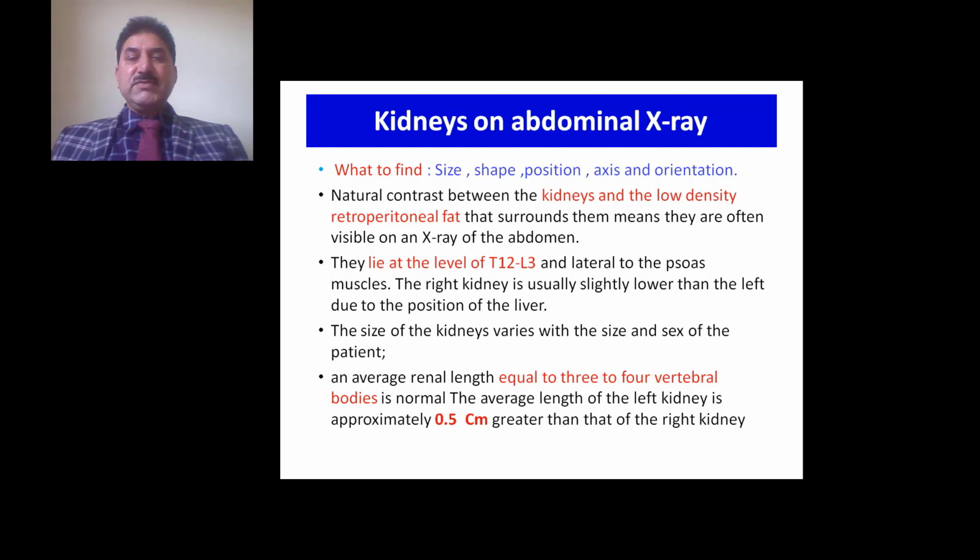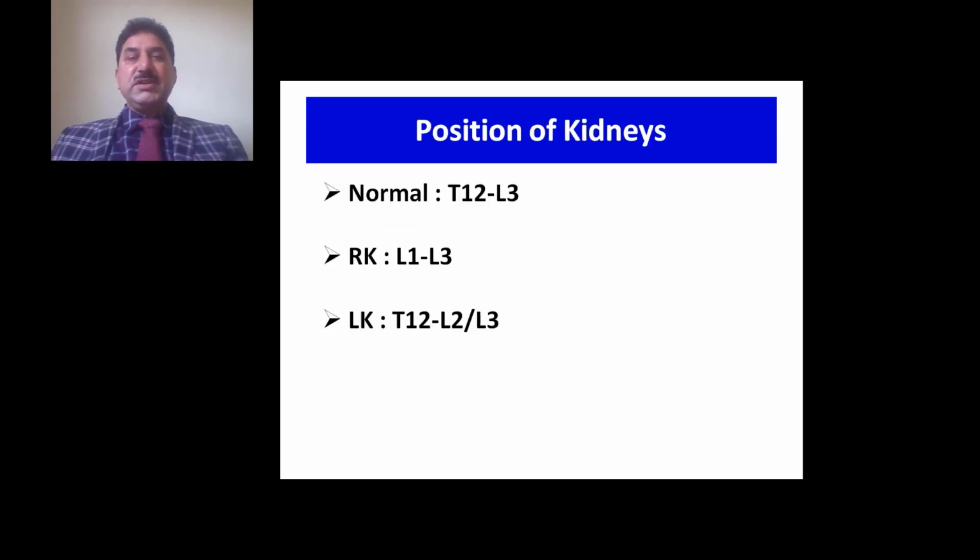The size of the kidney varies with the size and sex of the patient. An average renal length is equal to 3 to 4 vertebral bodies. The average length of the left kidney is approximately 0.5 centimeters greater than that of the right kidney. Position of the kidney: normal position, they lie at the level of T12 and L3. Right kidney lies at the level of L1 to L3, and